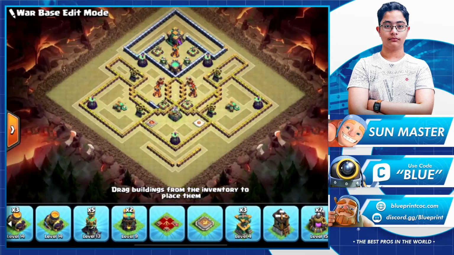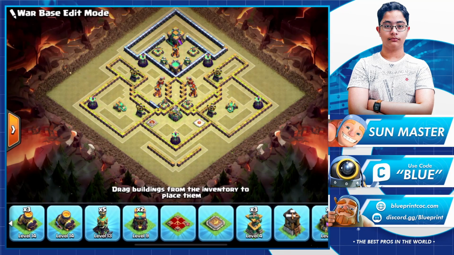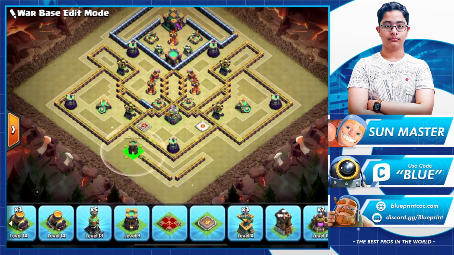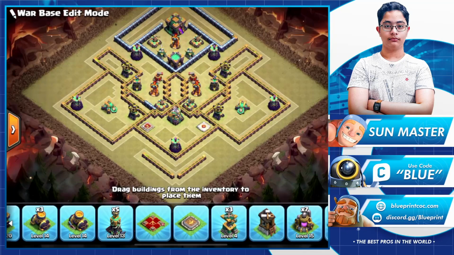Another thing I usually tend to do is, if there are obvious blizzard spots, I definitely put the bomb towers there. But since I don't see anything too obvious here, I put my bomb towers say here and here, roughly. And